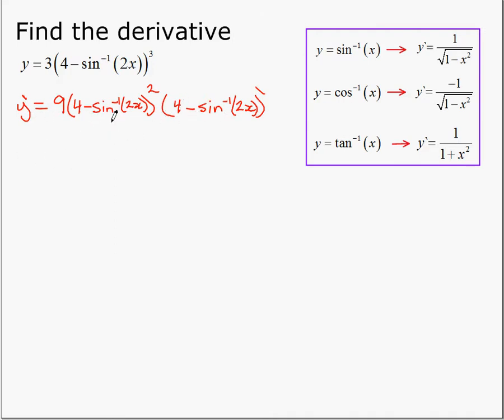And we can do this if we want to kind of remind ourselves that each step we're only going to do one thing. So first we did the exponent. We're going to leave this the same and take its derivative. So that tells us that in the next line we're going to keep the first, now is done. And we're taking this derivative. So this derivative, 4 is 0, minus the derivative of sine inverse is 1 over root 1 minus 2x all squared,